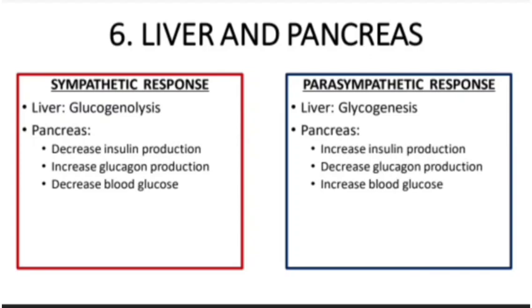For your pancreas, again, it's just the opposite. There is now an increase in insulin production and a decrease in glucagon production, and both of these responses are triggered by an increase in blood glucose. This time, since you're in a rest or digest state, there is constant absorption of nutrients from the food, and one of those nutrients, of course, is glucose. So the glucose coming from your GIT will get into your bloodstream, and therefore it will increase your blood glucose.